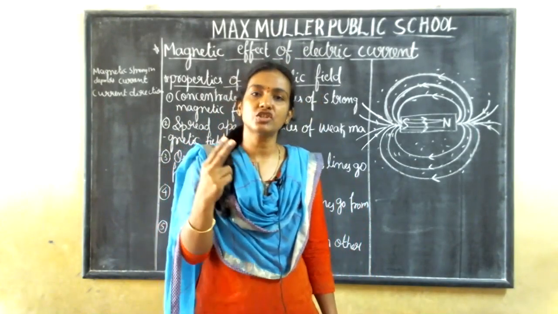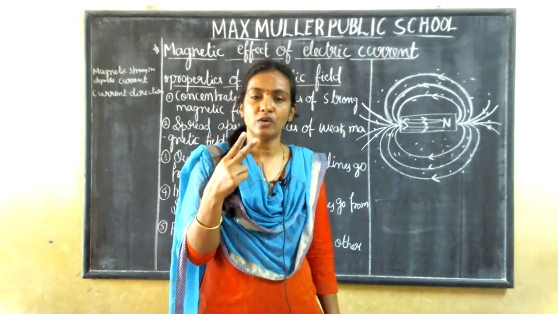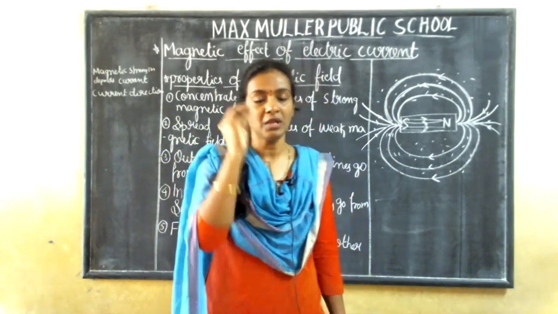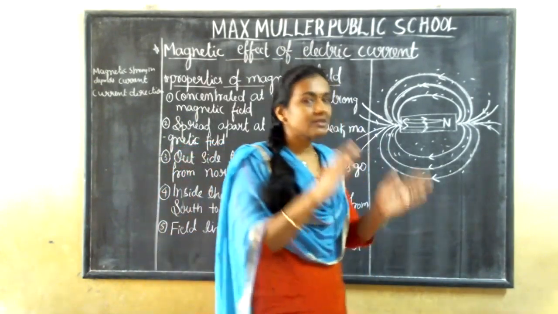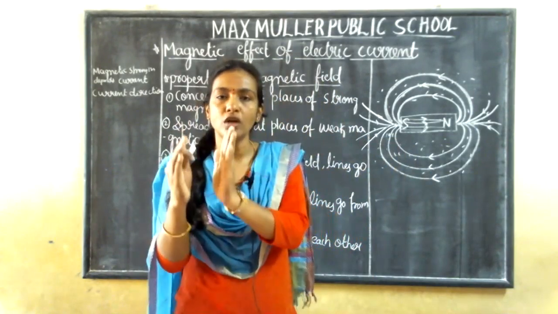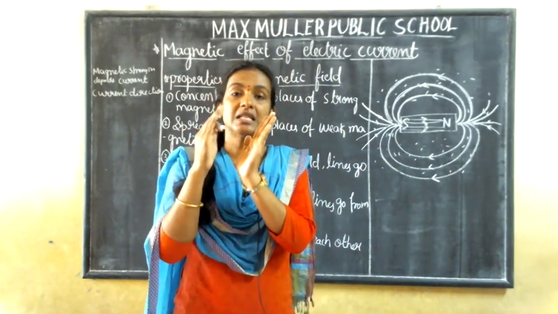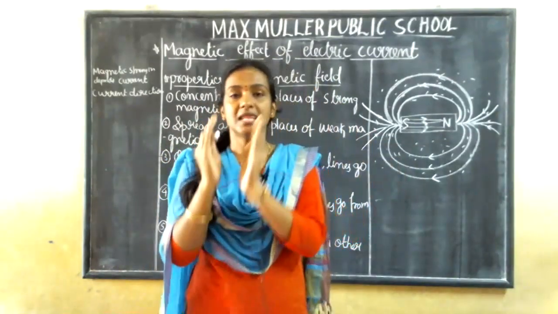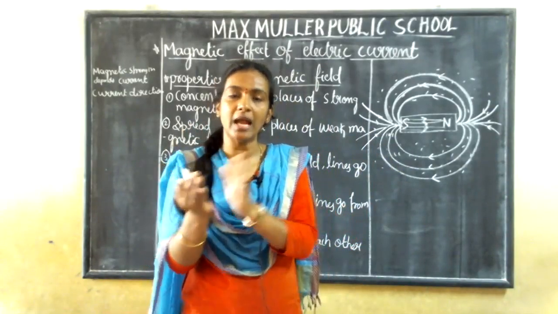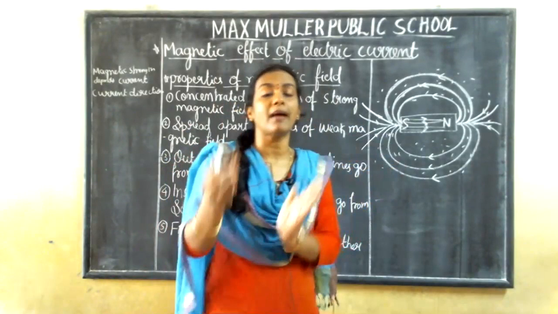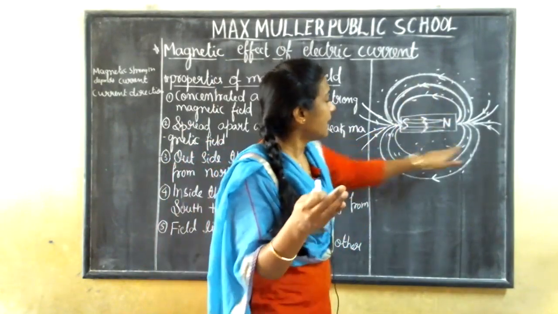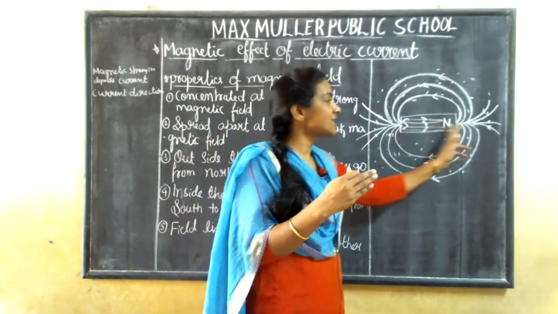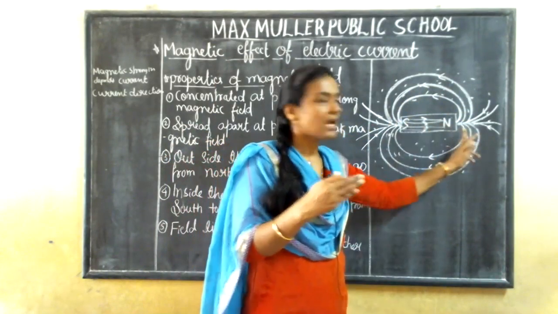They might ask you for this one for 2 marks. Very simple, guys. You don't have to memorize them by rote. Whenever the magnetic field lines are coming from the north to the south pole, it means they are emerging from a north pole and merging in a south pole outside the magnet. Outside the magnet. They go south to north inside the magnet.